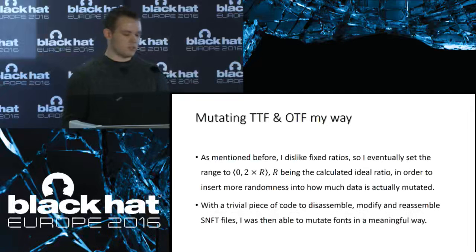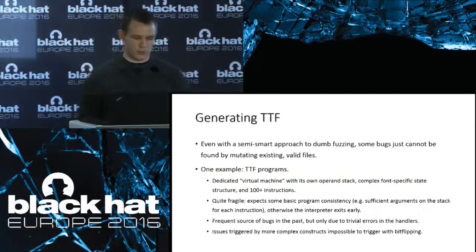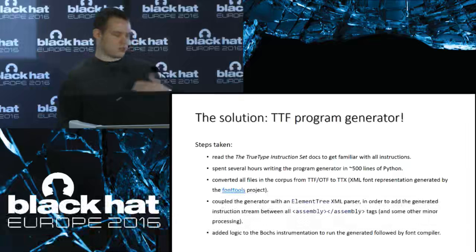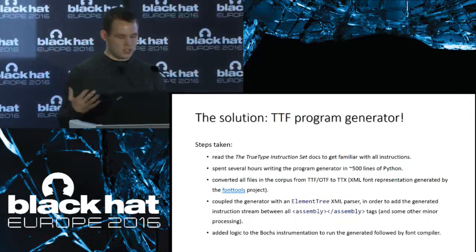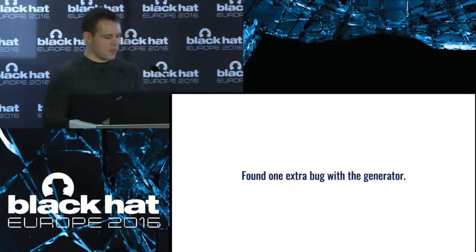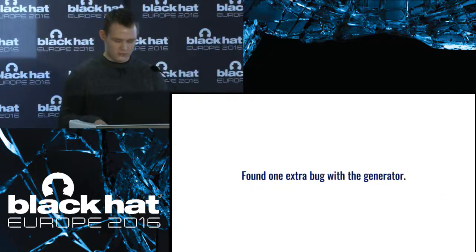And with a trivial piece of code to disassemble, modify, and reassemble SFNT files, I was now able to mutate them in a very meaningful way, being able to control how they behave in Windows. I also wrote a very simple TTF generator with TTF instructions, which consisted of disassembling the TTF files, inserting new instructions with a Python generator, and then reassembling it back. And I managed to find one extra bug with this generator,